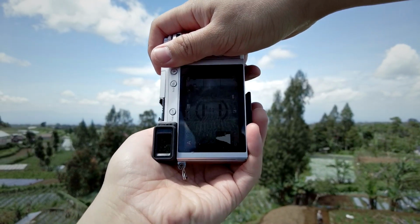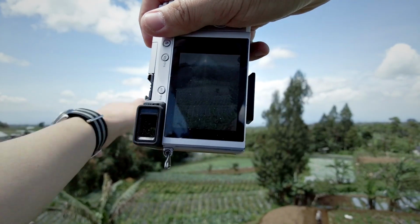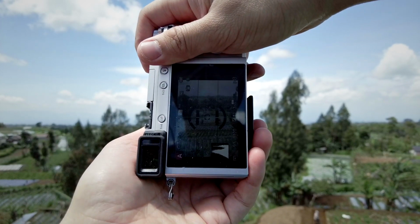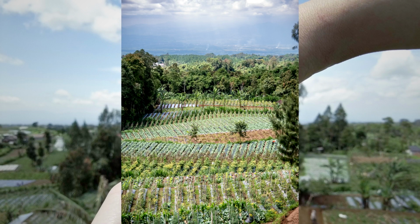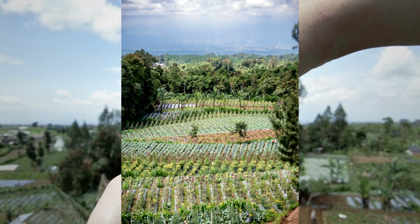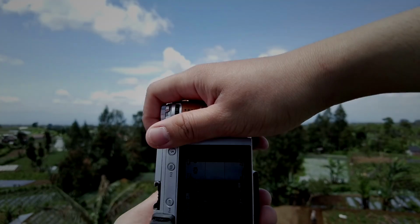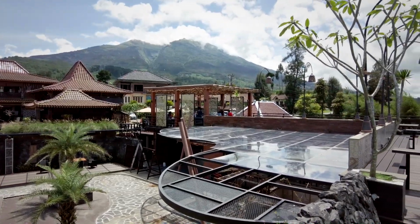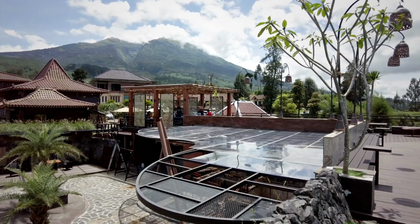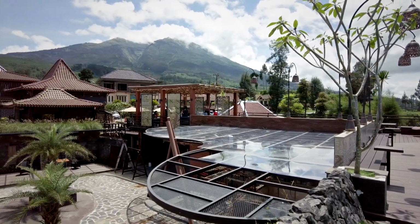Again, the field is giving me that layered kind of look, which I really like. And I'm trying to capture less of the sky because it's currently not that interesting, so more of the field. And now I'm trying to also capture a tight kind of composition of this volcano right here, Mount Merbabu, again